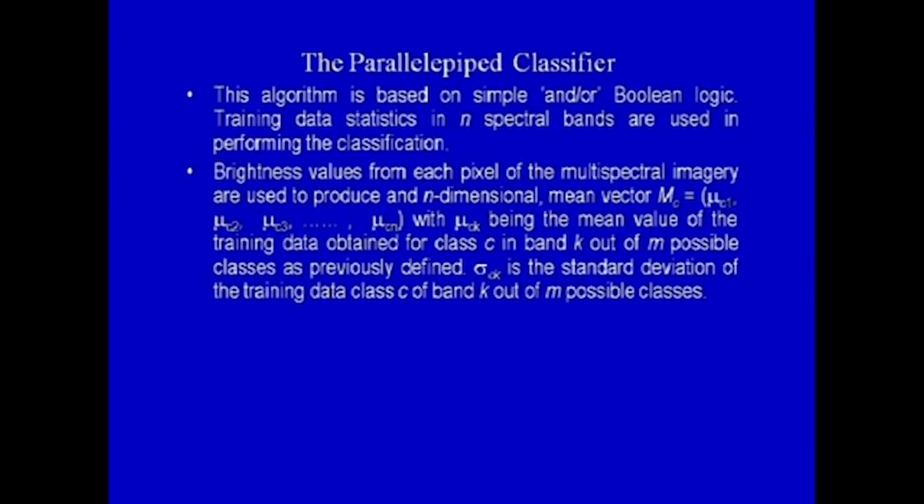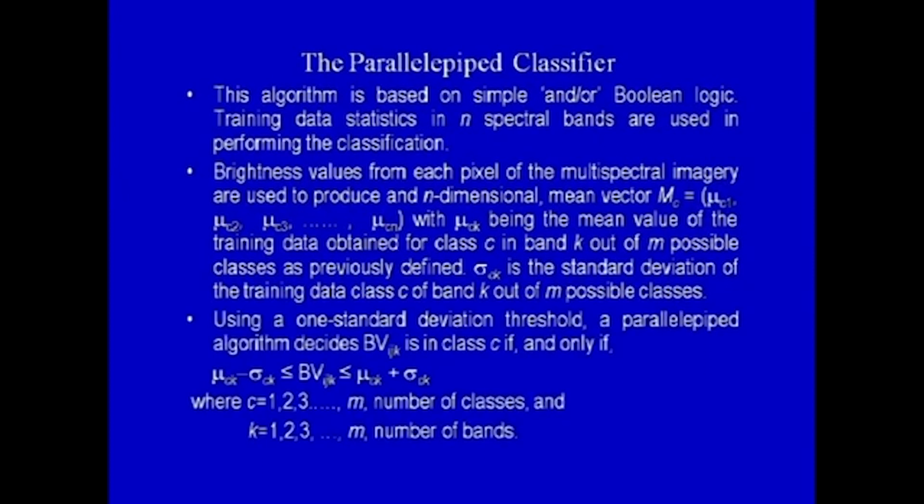Brightness values of each pixel of the multispectral imagery are used to produce an n-dimensional mean vector, with mu_ck being the mean value of the training data obtained for class c in band k out of m possible classes, as defined previously. Sigma_ck is the standard deviation of the training data of class c of band k out of the m possible classes. Using a 1 sigma standard deviation threshold, a parallelepiped algorithm decides